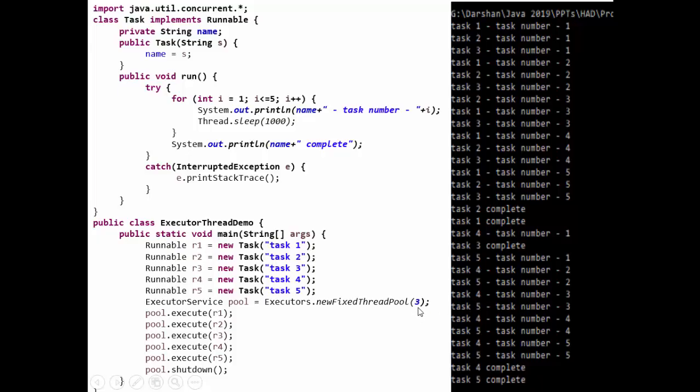Now in this, if I change the thread pool to size 2, first R1 and R2 would be running. Once any one of these 2 is completed, R3 is added. Then it goes on as the pool becomes free. So when the pool becomes free, a new task can be added. So this is the benefit of executing threads using the thread pool. This thread pool is a concept belonging to the util.concurrent package. So this is how you can make the thread and run the thread using the executor framework. That's it. Thank you.